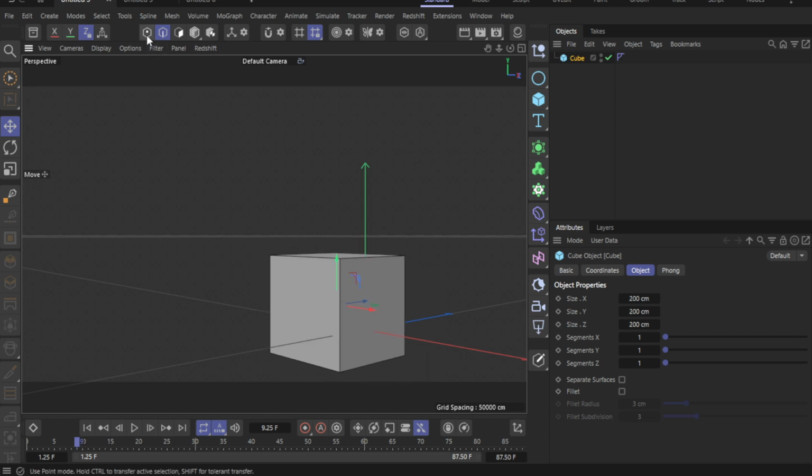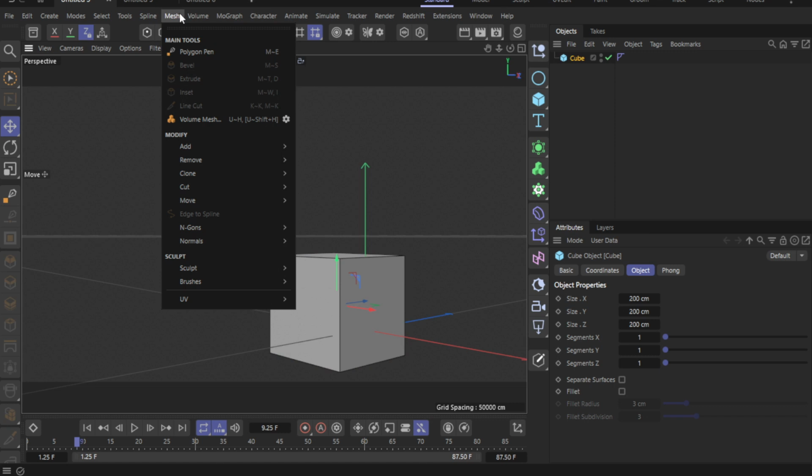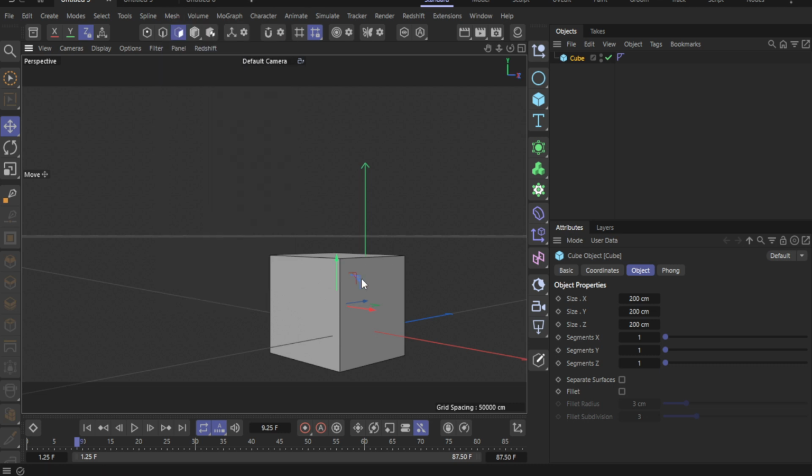You can find it in the mesh menu under line cut, or you can press the K key twice in quick succession. Take a moment to glance at the tool's options in your interface. Things like snapping and visible-only behavior can affect how the cut is applied, though we'll stick to the basic workflow